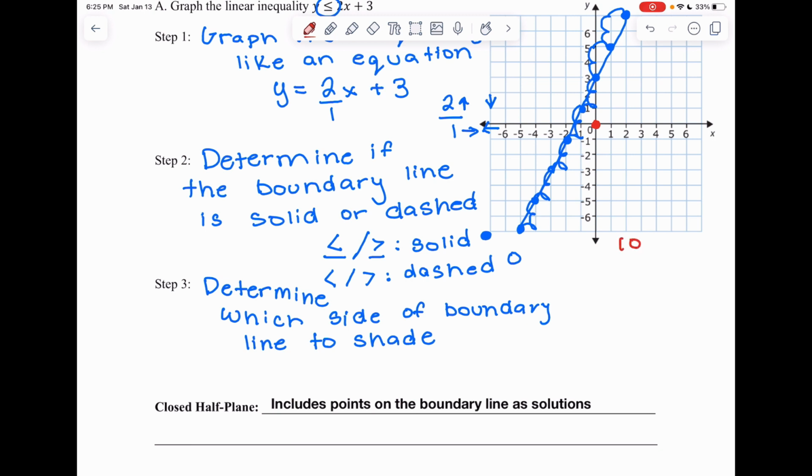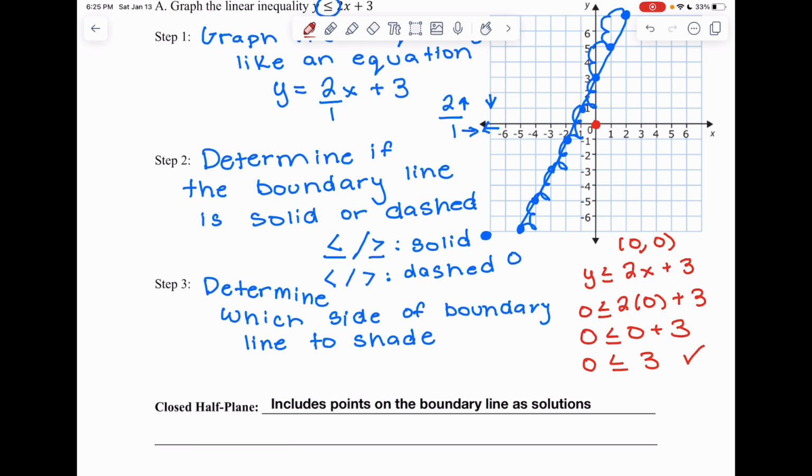So if I plug in the point 0, 0 to our inequality, it would look like 0 is less than or equal to 2 times 0 plus 3. So I plugged in 0 to x and y. 2 times 0 is 0, and 0 plus 3 is 3. Once I reach my final statement, I have to determine if it's true or false. Because 0 is less than or equal to 3, this statement is true, which means 0, 0 is a solution